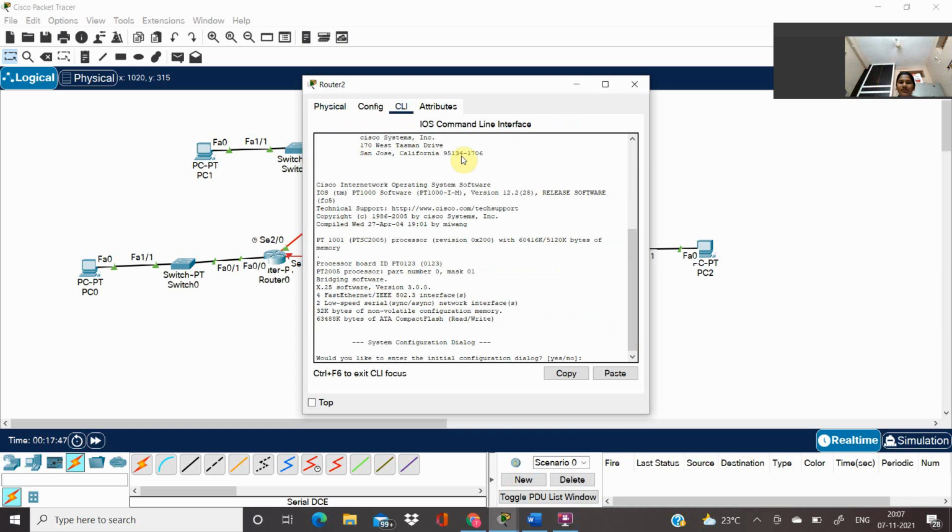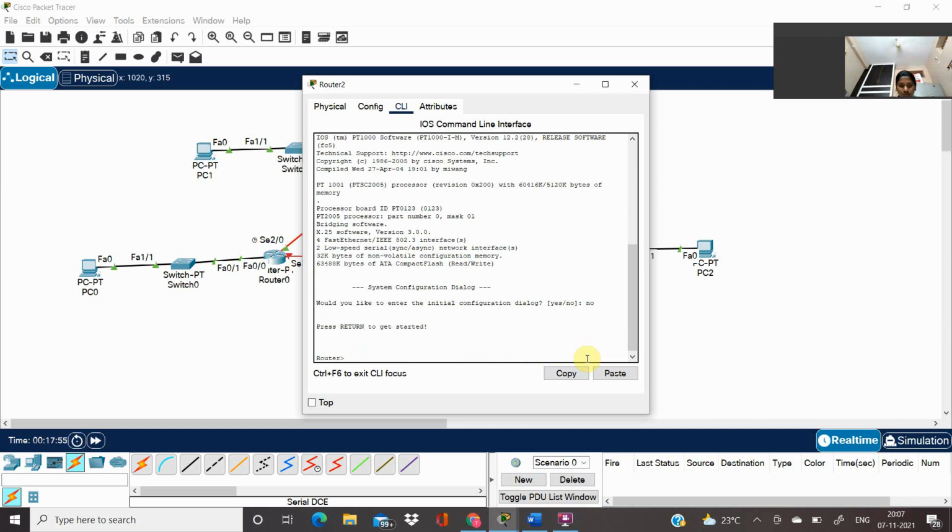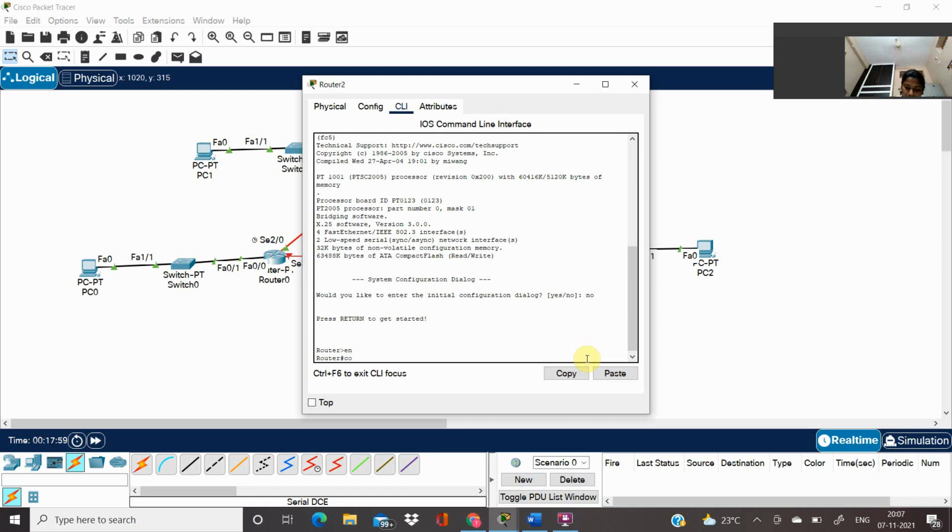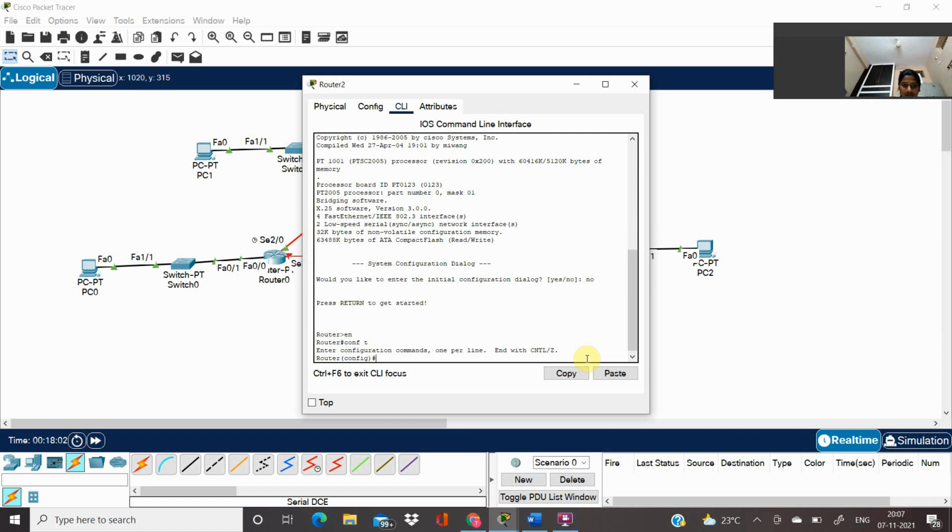Command line interface, we have to choose. Next we have to give no. First we have to enable it. Next we have to configure terminal. Then next we have to give